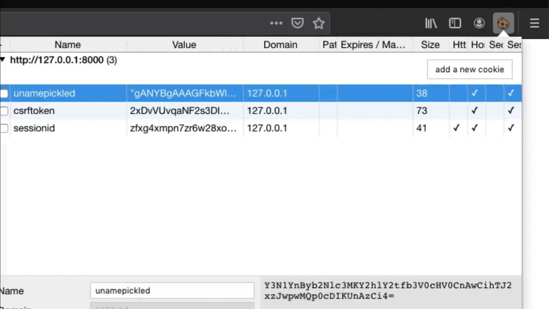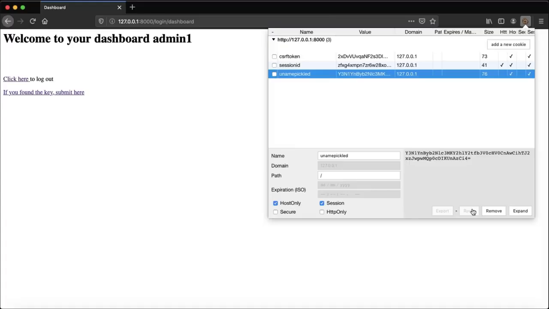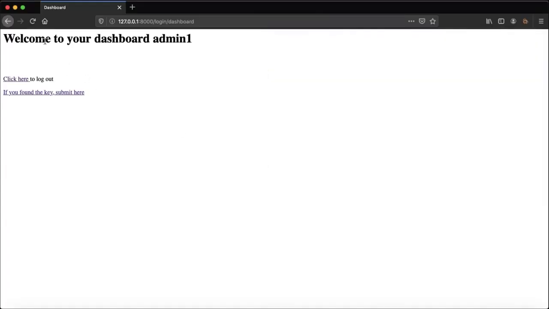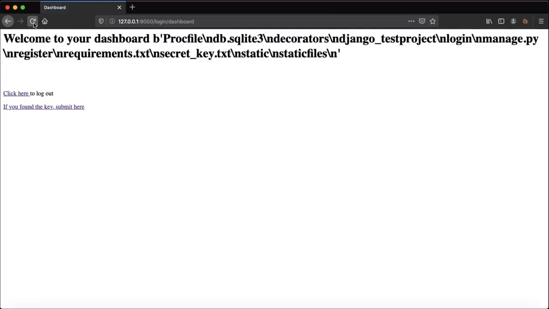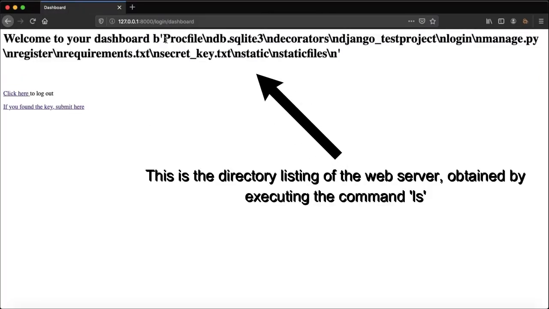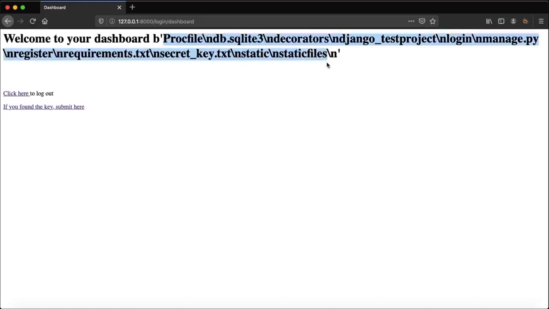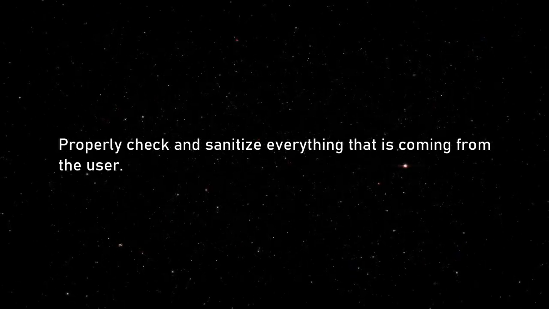cookie, the server needs to first deserialize the cookie in order to understand it. If the deserialization is done without proper checks, this leads to the creation of the Python object that the hacker specially crafted, and this further leads to the code being executed on the web server. The hacker will now be able to browse through the file system of the server, access the files, and do much more by getting a reverse shell from the web server. This loophole can also be fixed by properly sanitizing everything that comes from the browser before handling it on the